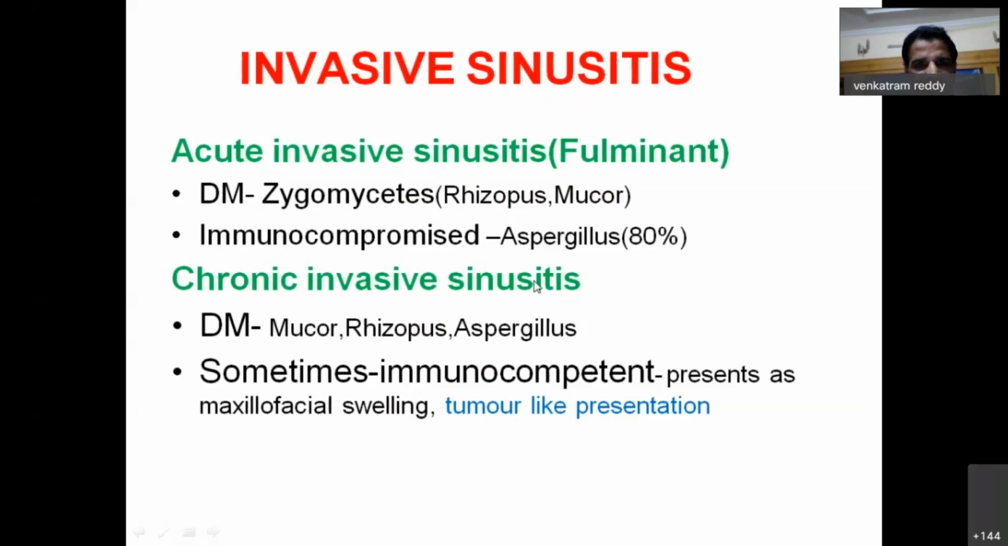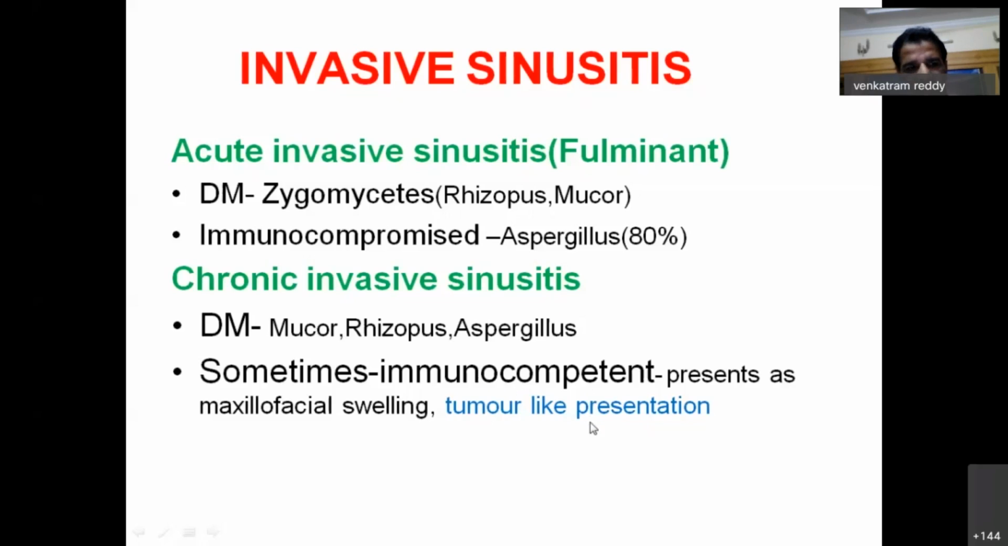And chronic invasive sinusitis is more common in diabetics. Mucor, Rhizopus, Aspergillus, those are the three culprits which can afflict diabetics, leading to chronic invasive sinusitis. It is of very indolent nature, a very chronic course, less dangerous compared to the fulminant variety, acute invasive fungal sinusitis. Sometimes chronic invasive disease can occur in an immune competent host. Of late we have seen quite a good number of cases in immune competent, non-diabetic patients,